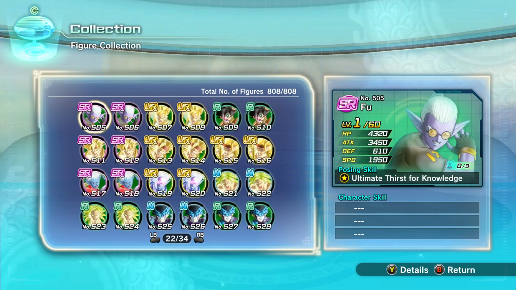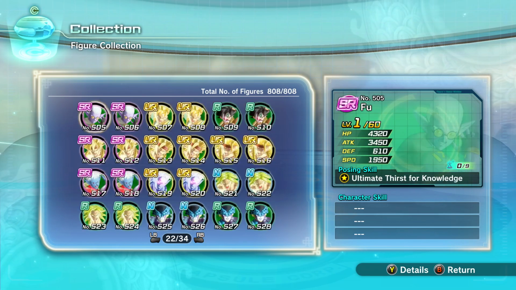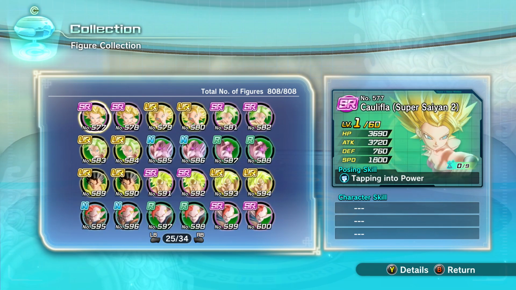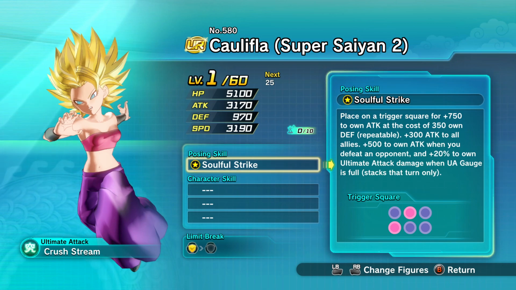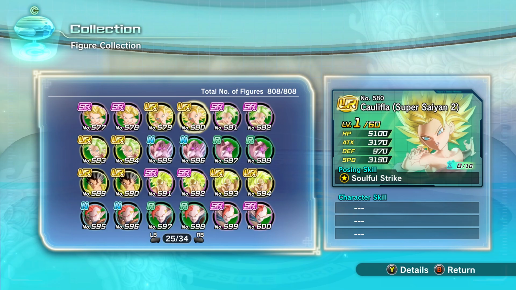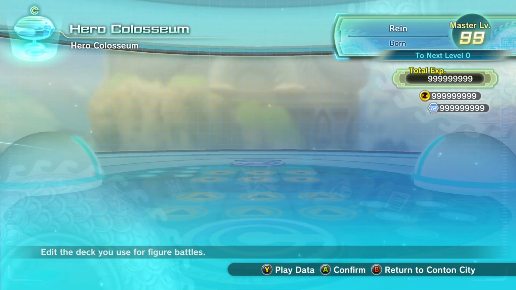Only thing is that, of course, Caulifla, she's getting rid of a lot of her defense, which could hurt you. Tone attack, 350, tone defense, 300 attack to all allies, 500 attack when you defeat an opponent. Wait a minute. Okay, yeah, the cost of 350. I was reading that wrong. Meanwhile, Goku...